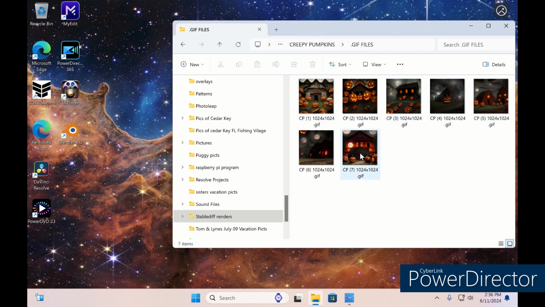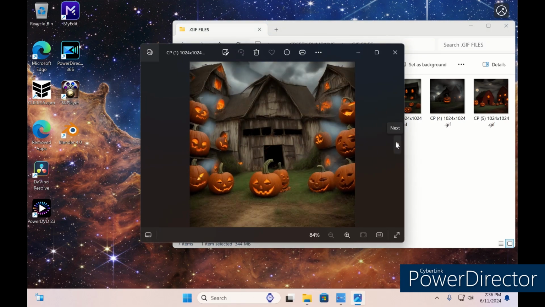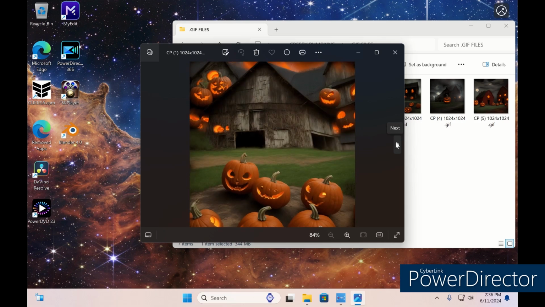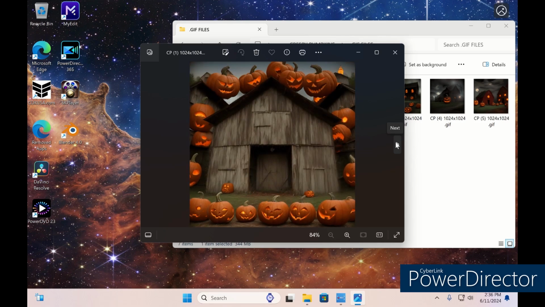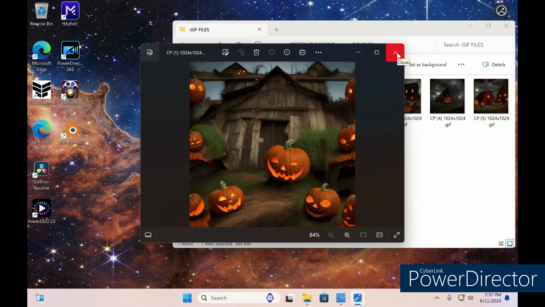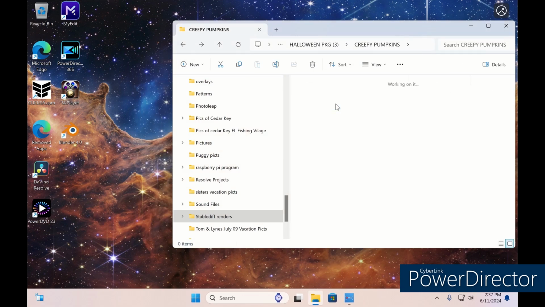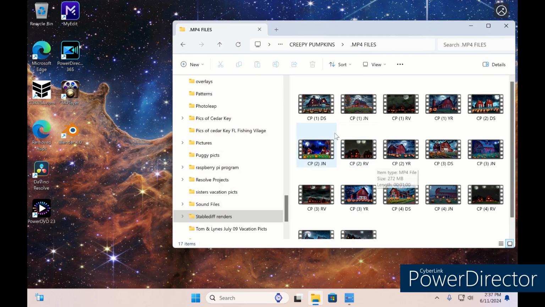Somebody that purchased one of the packages emphasized that he wanted a bunch of stuff with pumpkins on it, so I think I went overboard with pumpkins, but here you got GIF file pumpkins, which is the loopable pumpkin styles. Of course he was more than happy because he wanted the pumpkins, but I was like, man, I went crazy doing pumpkins. And the MP4 files,